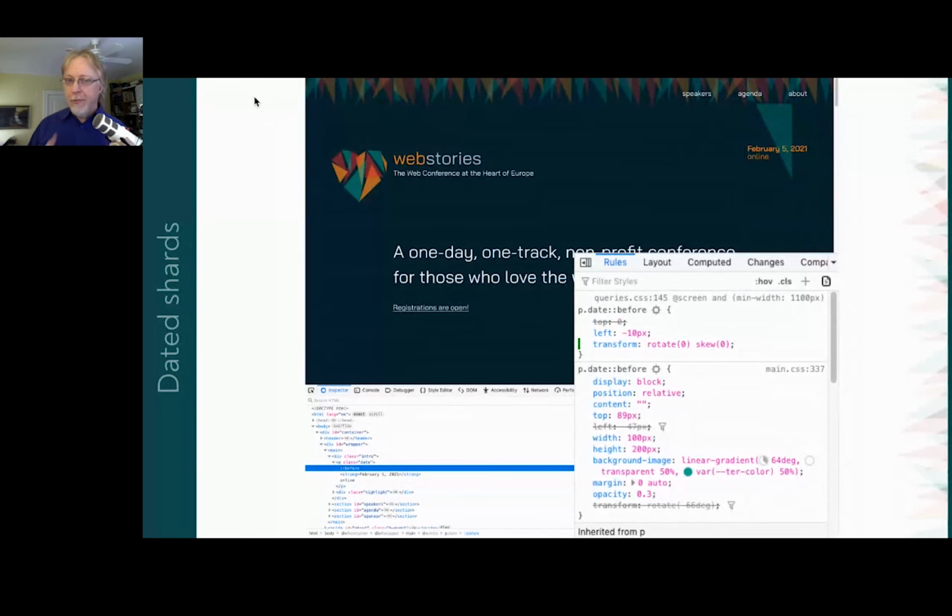But I also want to point out and fix a hidden bit of fragility here, and it's in the 64 degrees. So what happens if, for whatever reason, this element becomes taller? See, when the size of the pseudo element changes, that 64-degree direction of the gradient stays constant. It doesn't change. So by making this taller, I've revealed more of that background by increasing the element size. We can see more of it before it gets clipped off by the edges of the before pseudo element. Conversely, if this were made smaller, then less of the background would be visible, and the shard would just be a shorter right triangle.